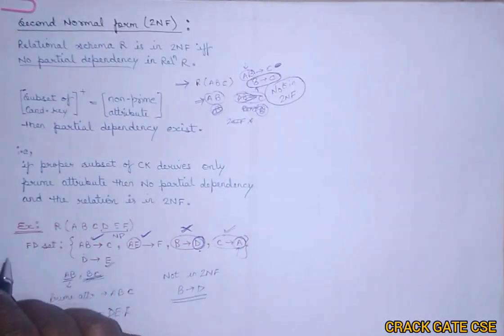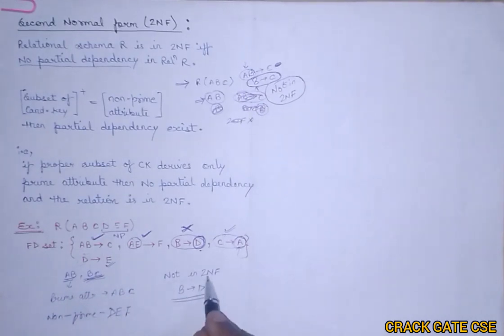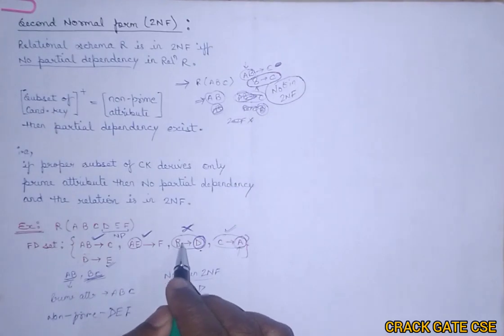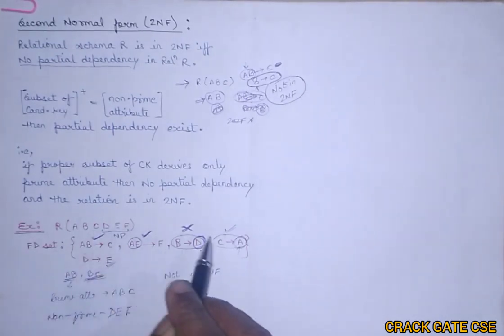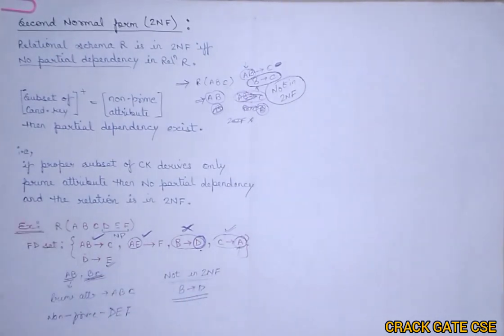So the complete relation is said to not be in 2NF because of this particular relation. In the further videos, I will be also letting you know that how you can convert this particular relation into 2NF by decomposing it into the further relation. So I will be covering first all the normal forms, then we will be heading towards the next level of